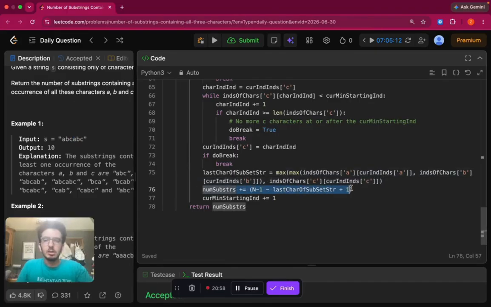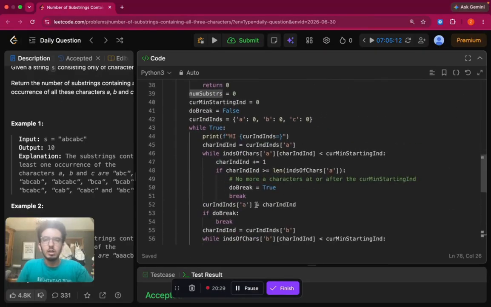And then this here just says the number of substrings containing that particular A, B, and C character, where you can expand the substring to the right as much as you want. It's just the length of the string minus the index of the last character. And that is it. So if I run it here,